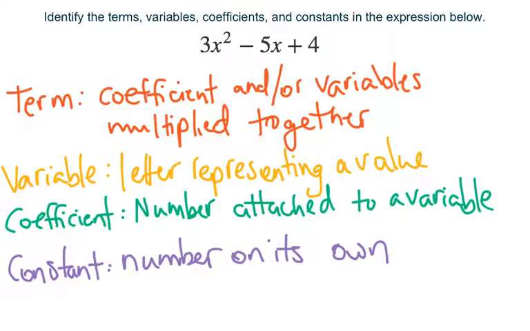Identify the terms, variables, coefficients, and constants in the expression below. 3x squared minus 5x plus 4. So let's make sure that we first understand what each of these